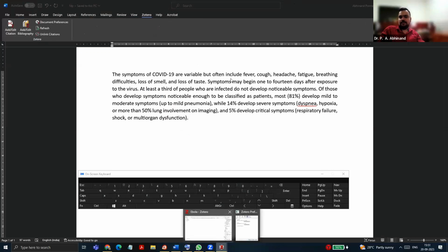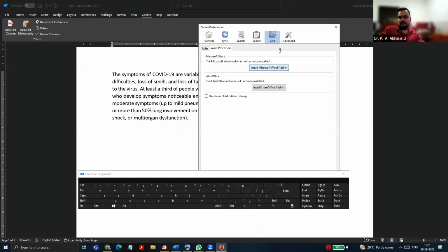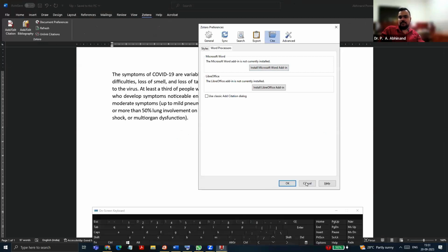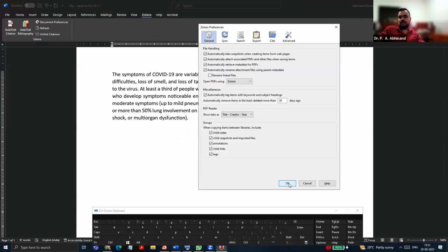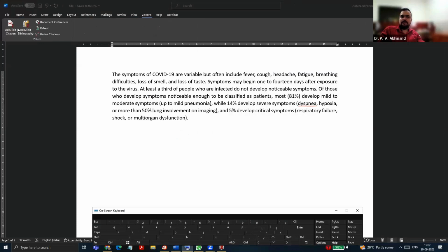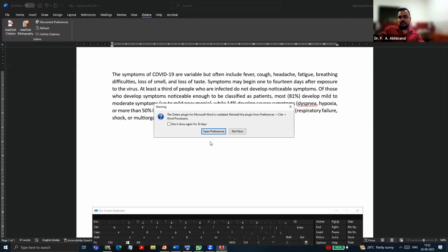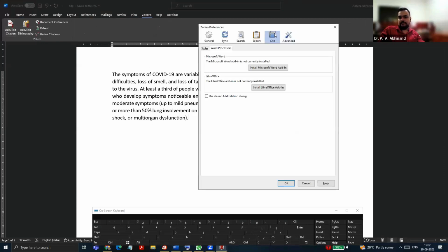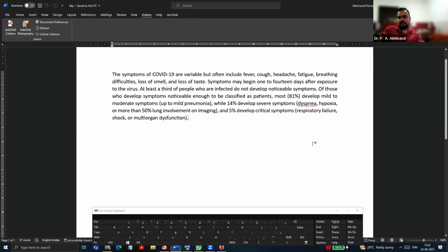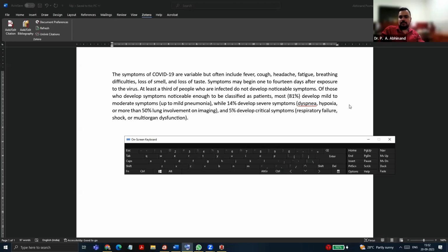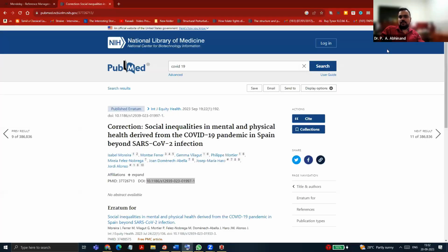I think I have to reinstall my Zotero. It's a little old. It is saying reinstall. I'm sorry. You can take my number if anybody wants Zotero. I can help you out with Zotero once I've reinstalled it. It's corrupted, I guess. I haven't used my Zotero for a little while.